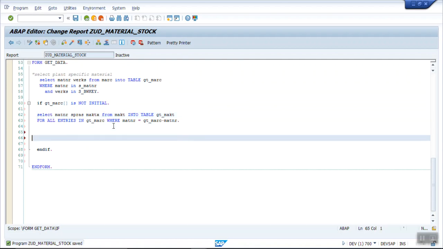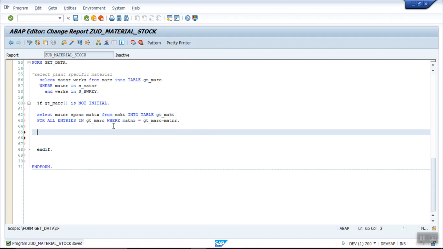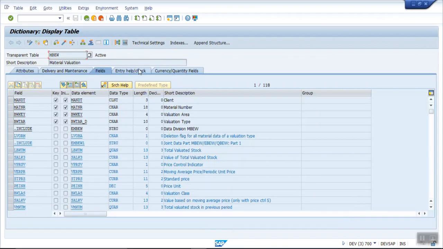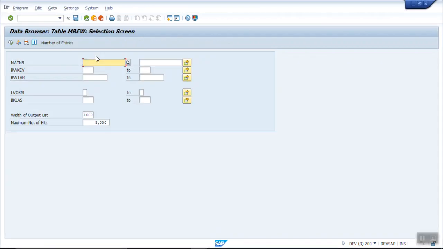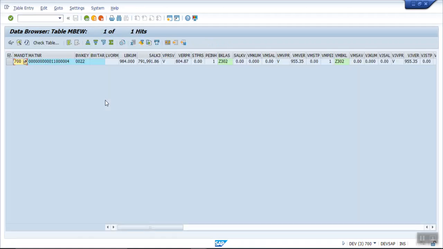Now similarly, I will select the data from the MBEW table. What is MBEW? That is my valuation area, which is my actual requirement here. I want to select and display those 2 values.